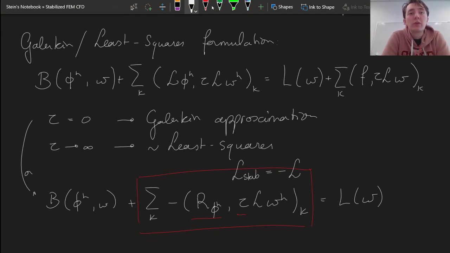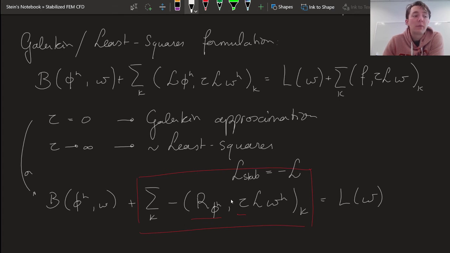And I think that's all I wanted to show in this video. So also the Galerkin least squares formulation fits in that general writing of our residual-based stabilization methods in this form,